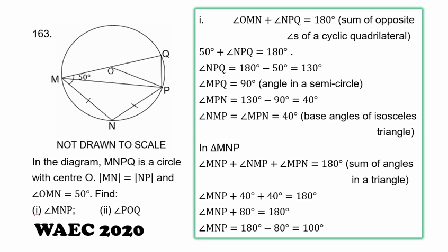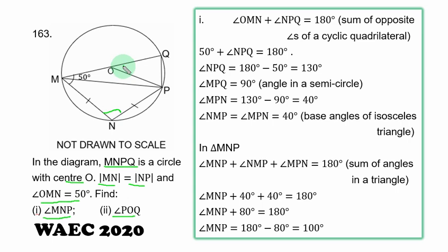Example 163. In the diagram, MNPQ is a circle with center O. MN is equal to NP and angle OMN is equal to 50 degrees. Find, Roman figure 1, angle MNP, that is this angle. Roman figure 2, angle